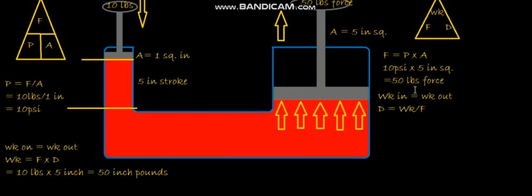Distance is work over force. Okay, so if we subscribe to that, what is our work? Well, our work is equal to 50 inch pounds divided by my force, which is 50 pounds, equals how much travel? 1 inch of travel. So the amount of work is the same, but because the fluid is